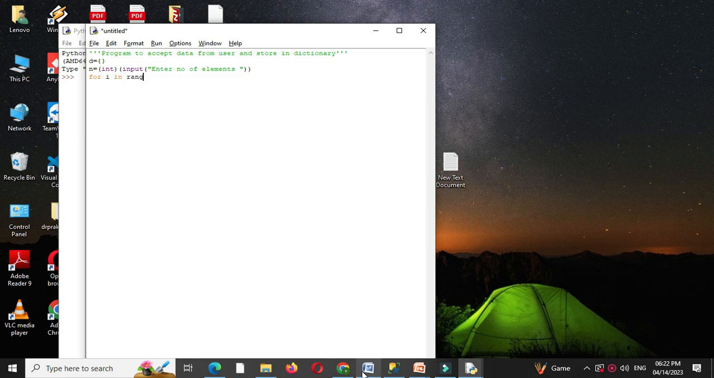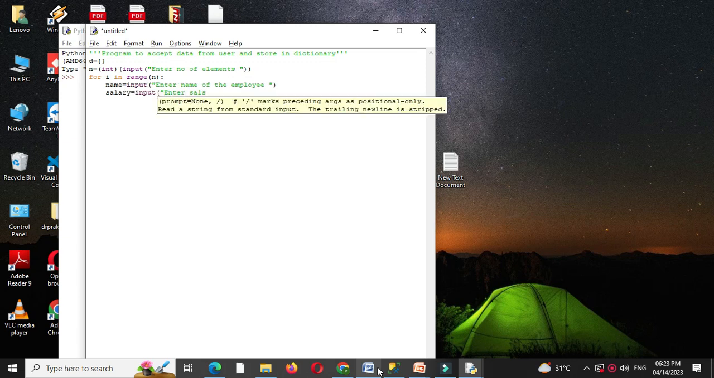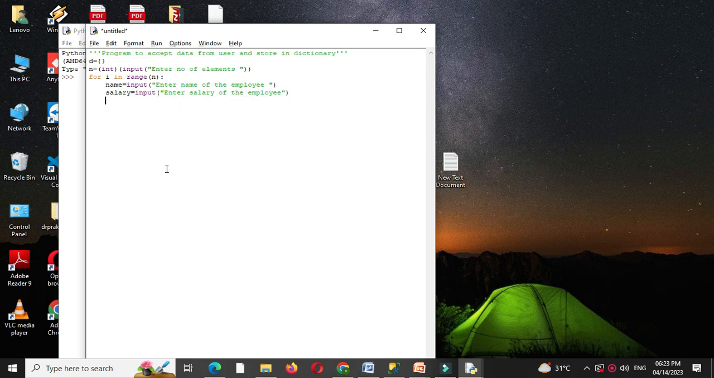i in range n. Here we will accept name and salary of the employee. So name equal to input enter name of the employee, and in salary we will accept salary of the employee, and we will store it in dictionary. So d of name equal to salary, where name is the key and salary is the value, and then we